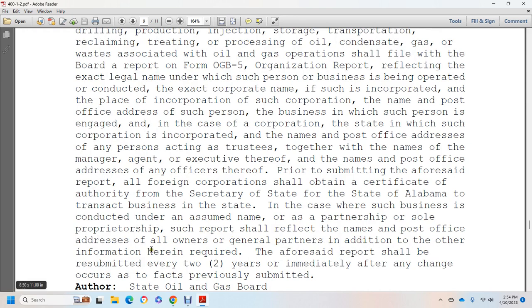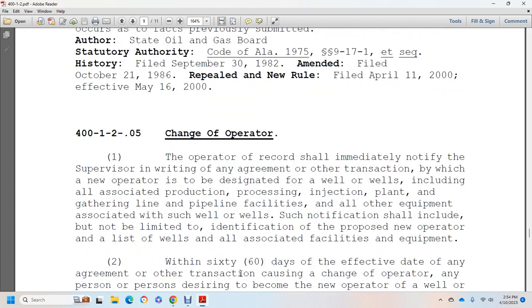In addition to other information required here, the report shall be resubmitted every 2 years, and immediately after any change occurs to the facts previously submitted. Rule 401-25, change of operator. The operator of record shall immediately notify the supervisor in writing of an agreement or other transaction with the new operator